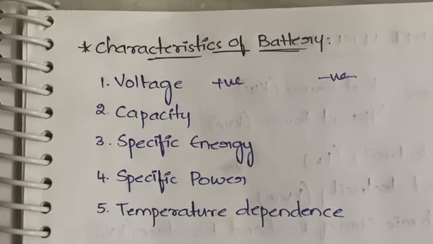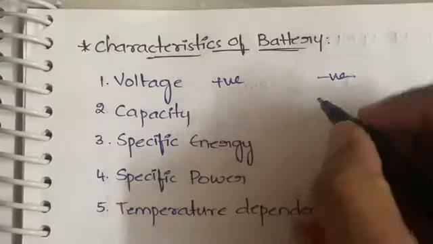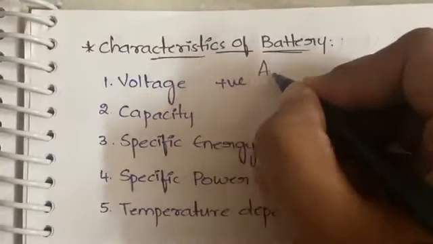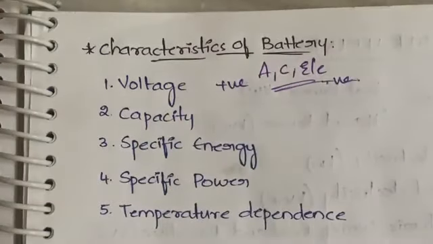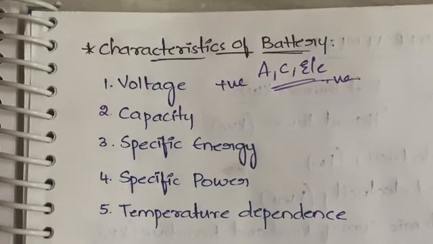The voltage of a battery will depend on the type of the electrodes and the type of the electrolytes used in the battery. Electrodes are nothing but anode and cathode. So the voltage of the battery will depend on the anode, cathode and electrolyte used in the battery. Got it? So next,